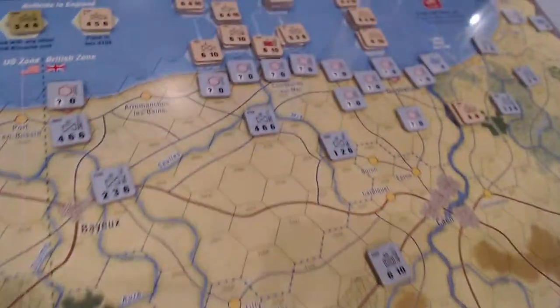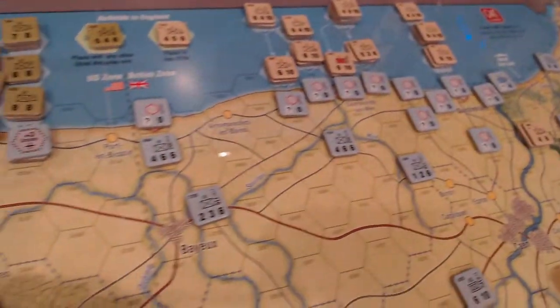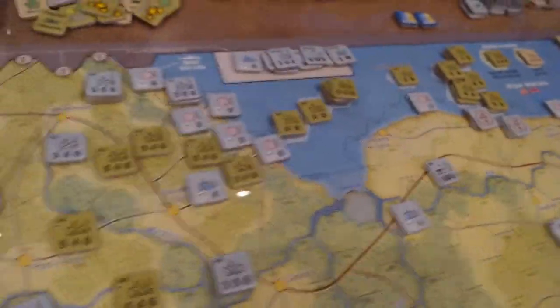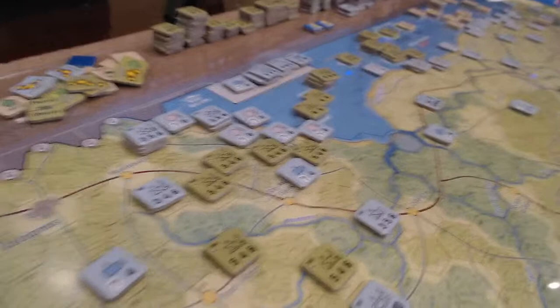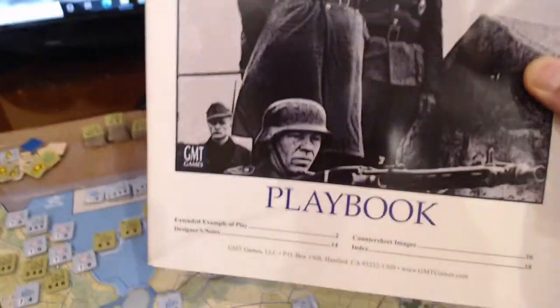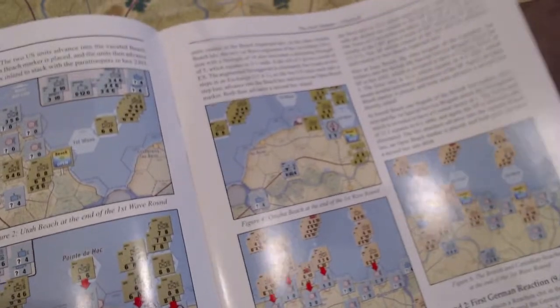I am only using half the map, by the way, because I think we're going to be doing the shore invasion and going through that step. So what we're going to basically be doing is going step by step through the playbook and the sequence of play that comes in the playbook. If you actually own the game, you can see that it comes with a nice playbook, and it goes through step by step. It teaches you how to play the extended example of play. We're going to be going through this and learning how to play the game